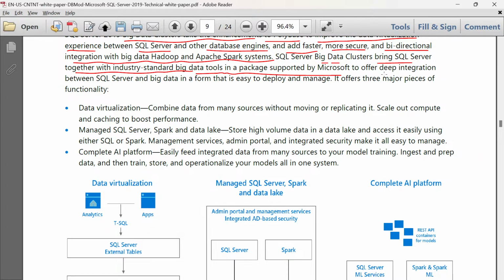Now why? To offer deep integration between SQL Server and big data. Now what is big data? Big data is nothing but an enlarged, magnified form of data.